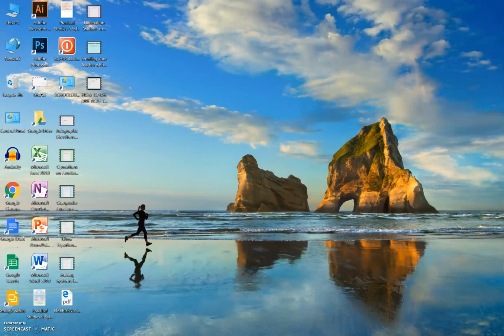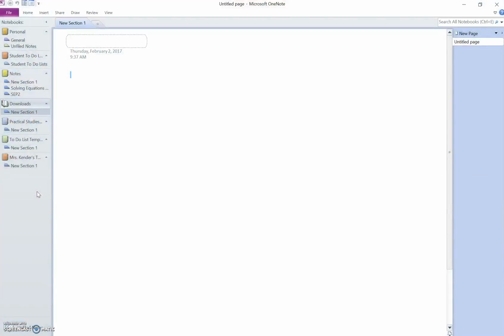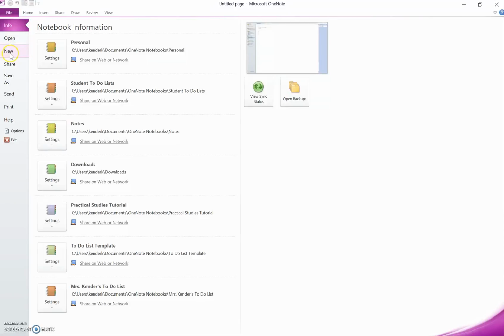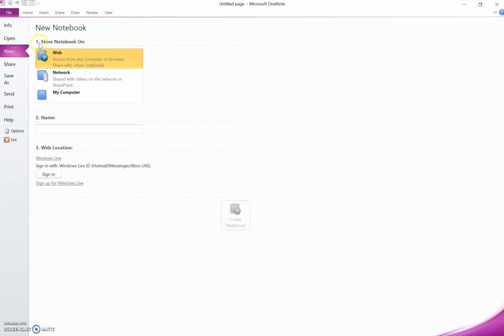Now the first thing that you want to do is go ahead and go back to your desktop and find the icon for Microsoft OneNote. Double click to open that up, and then we're going to create a new notebook. So hit File, New, and this will be the start of you creating a new notebook. Hit My Computer,